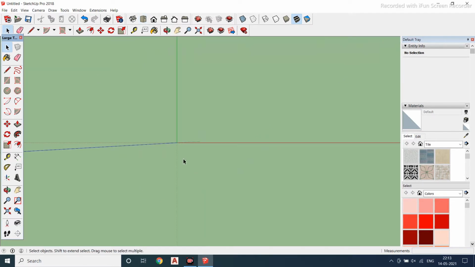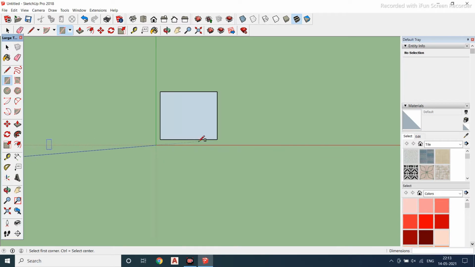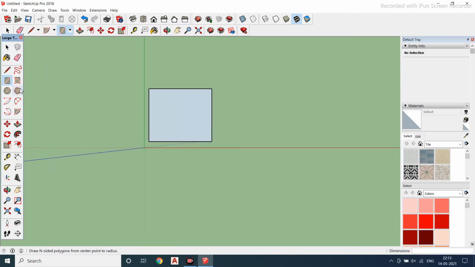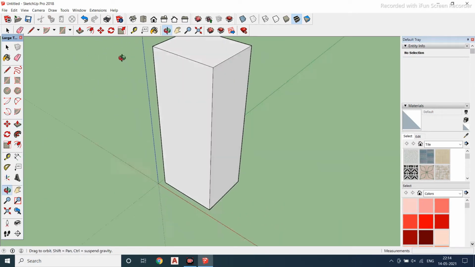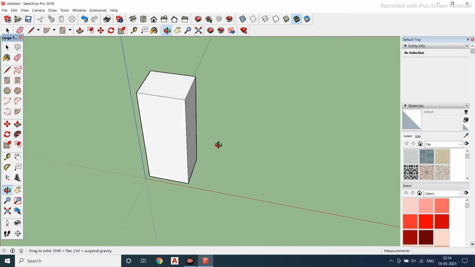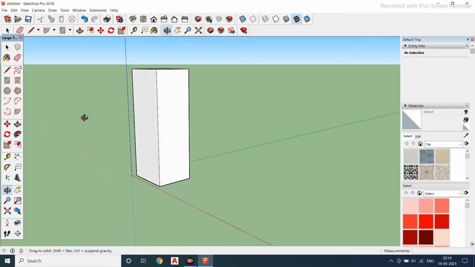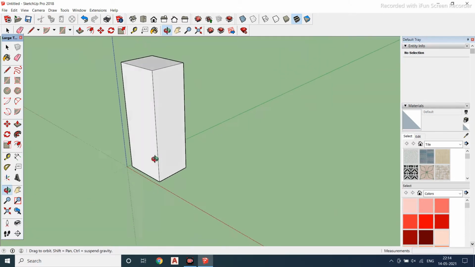So in top view, I'll be taking a rectangle which I have taught you in a previous session. So this is my rectangle. Here you will have something called an offset command. But before going to the offset command, here we have a pull. Just select it. In the top view you can see it is just a plain solid, but after pulling you can see it has become my rectangle.